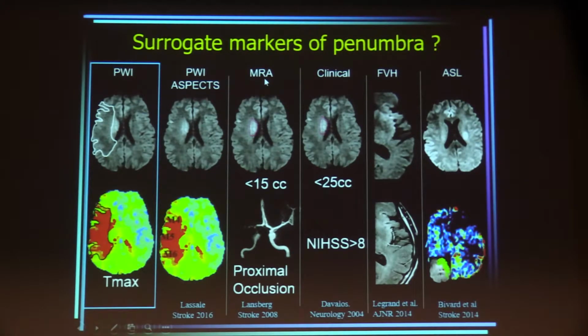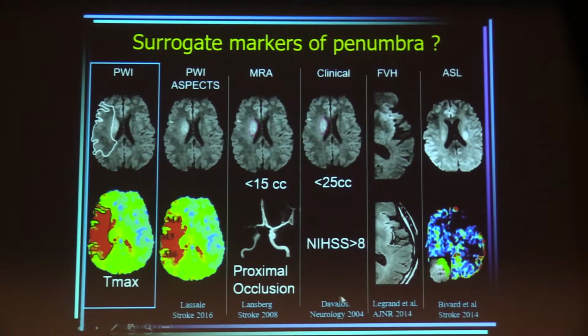One of the ideas here is to compare. Here you have always the diffusion sequence, and you use something else than post-contrast perfusion-weighted imaging. Here you will compare the size of the lesion on diffusion with the proximal or distal topography of the arterial occlusion. And there is a mismatch here between the occlusion, which is proximal, and the small size of the lesion, and you can say in such a case that there is a penumbra and there is tissue at risk of ischemia.